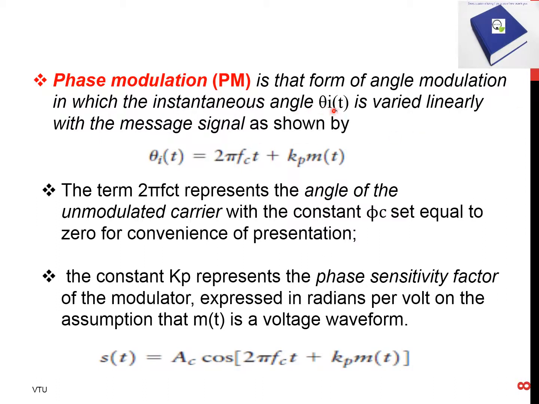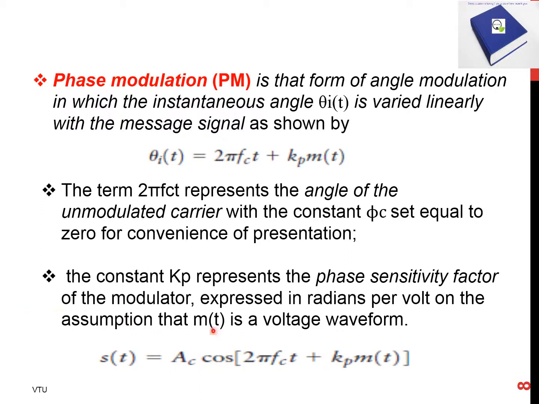Instantaneous angle theta i of t is varied linearly with the message signal, and I can write theta i of t equal to 2 pi fct plus kp m of t, where 2 pi fct represents the angle of the unmodulated carrier with the constant phi c set equal to 0, and kp is the phase sensitivity factor of the modulator expressed in radian per volt,